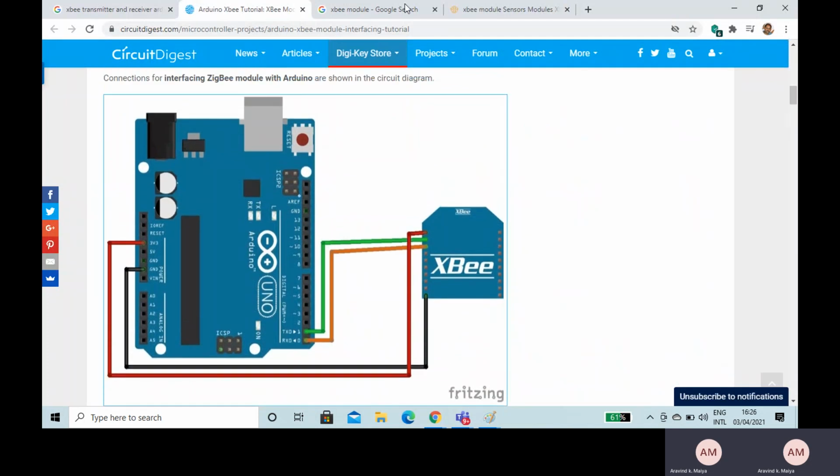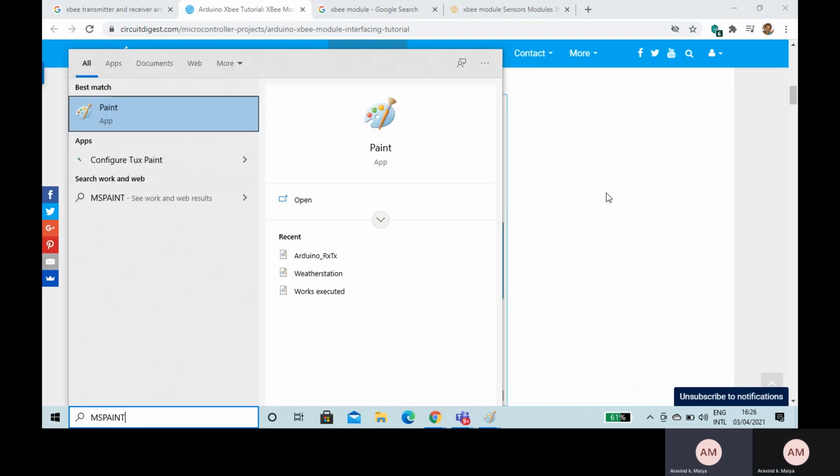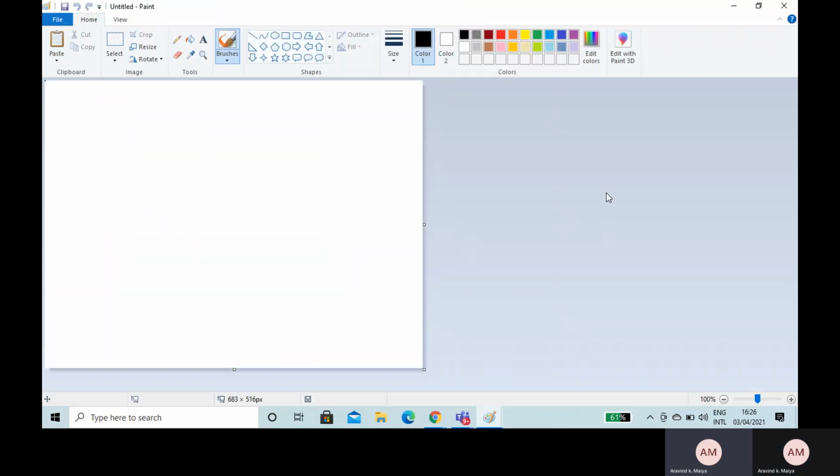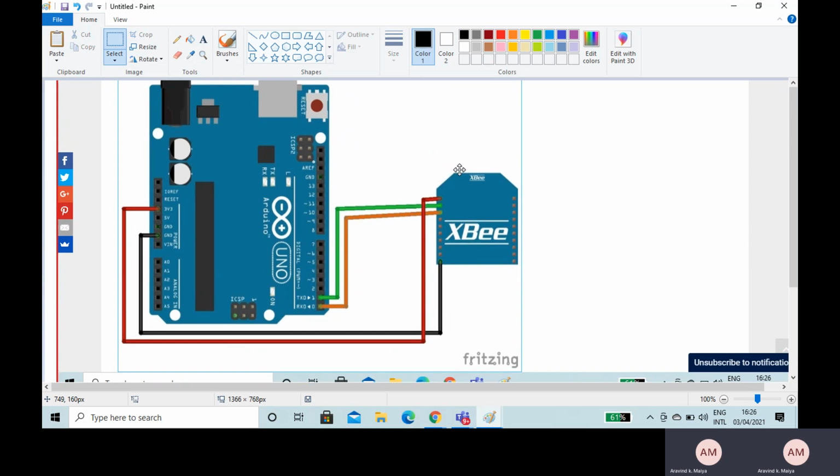If you see here, pin number 1, as I told you, do you remember? Pin number 1 is the supply pin. Pin number 1 is connected to 3V3, meaning it is connected to the 3.3 volt supply of the Arduino.